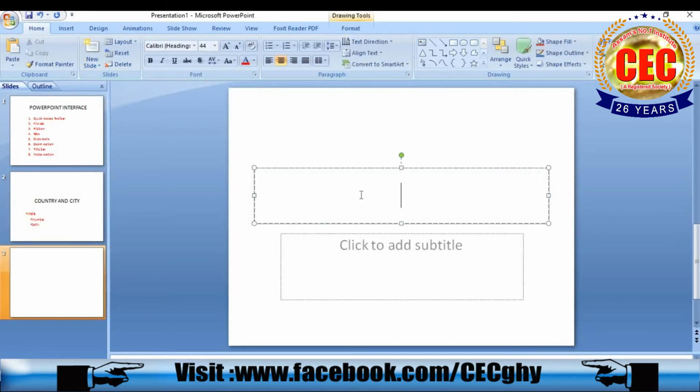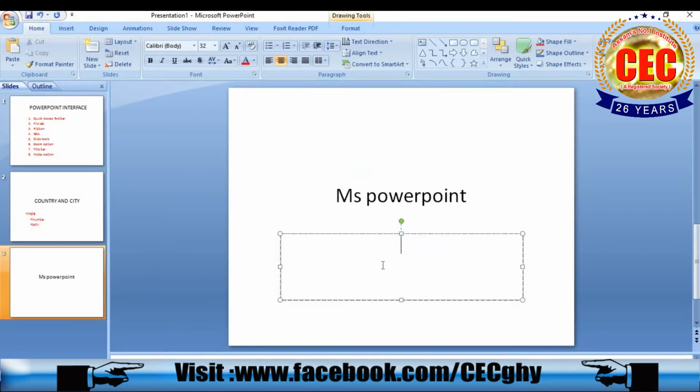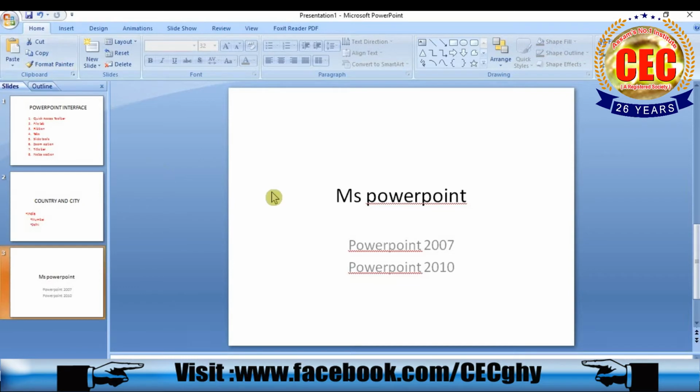Here you can click and write, for example, MS PowerPoint 2007. I just wrote two sentences here.